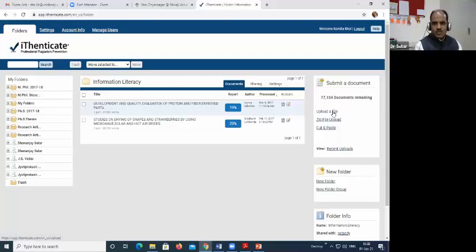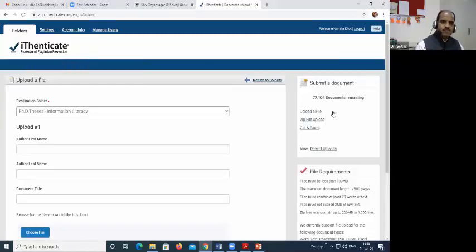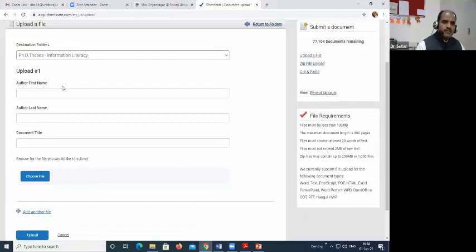Okay. So when I click on this, see, it asks you for a destination folder where that submission has to be stored. So here I will give PhD thesis, Library and Information Science. That will be followed by the author's first name.